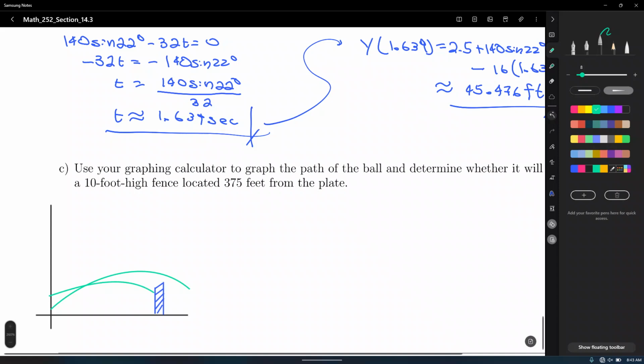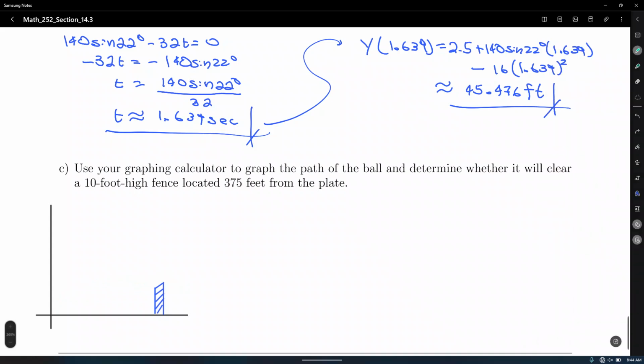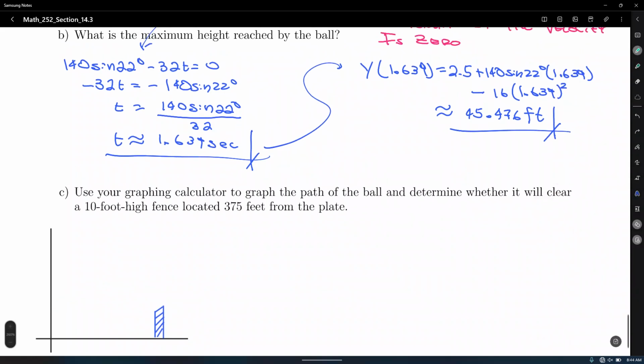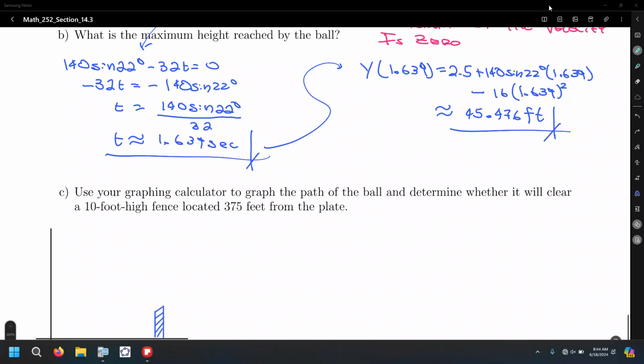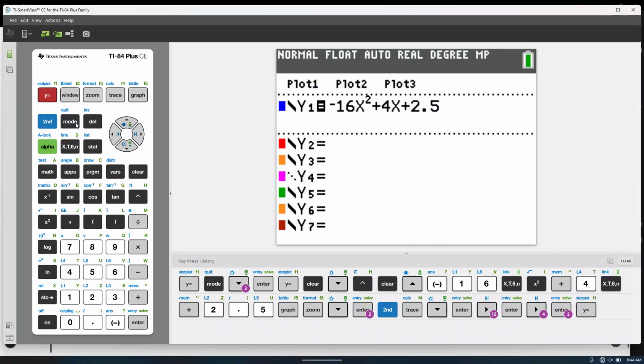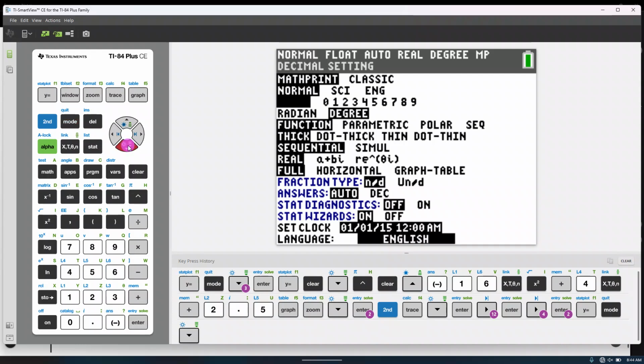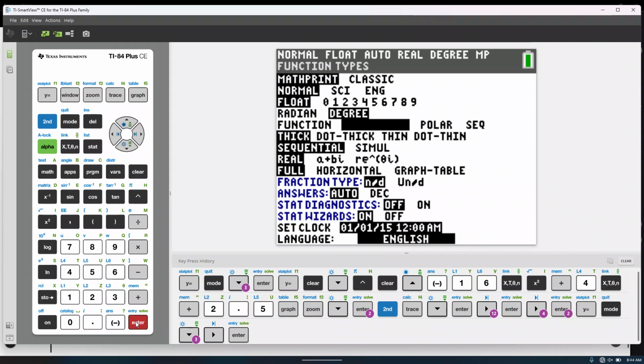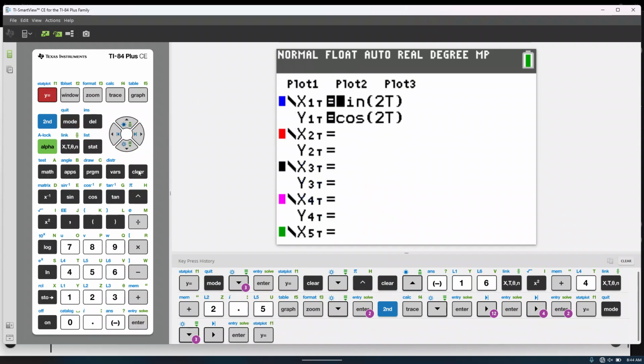All right. Now here is the issue when it comes to using our graphing calculator. If you type this equation in parametric form, of course we're going to go back to parametric form, you may not get the right graph. Well, not the incorrect graph, but a good window of the trajectory. So I'm going to change the mode from function to parametric again,